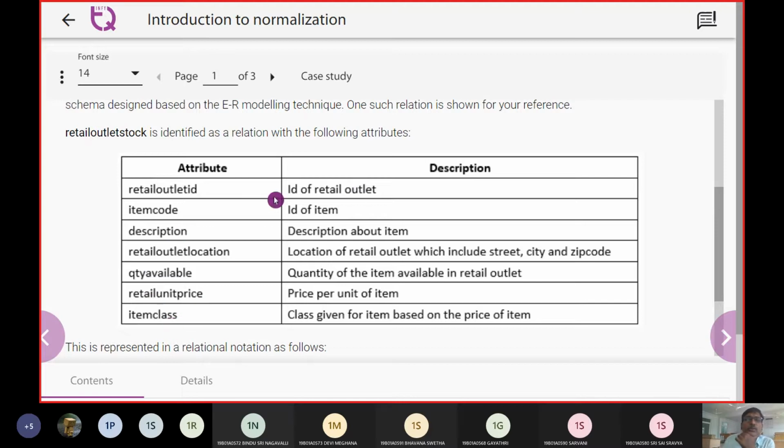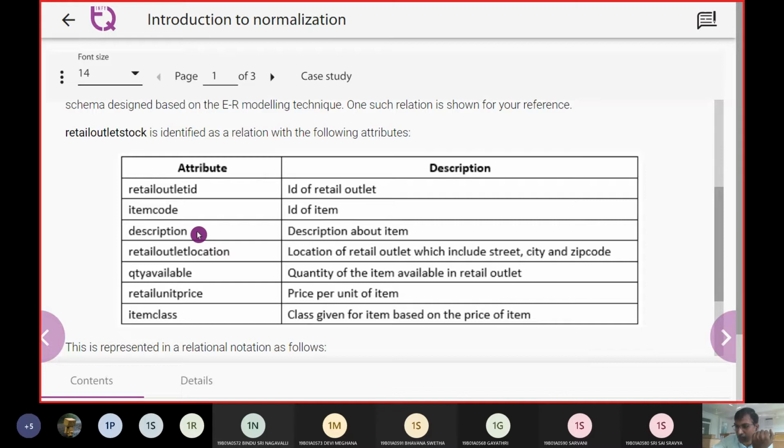So the first one is going to display the identifier of the outlet, then the item code. So pen, pencil, whatever items they have, every item is going to have an ID. So that is the item ID.